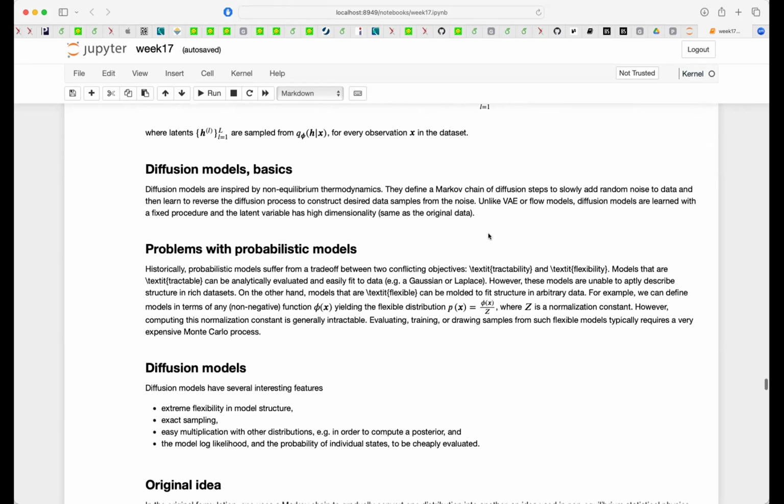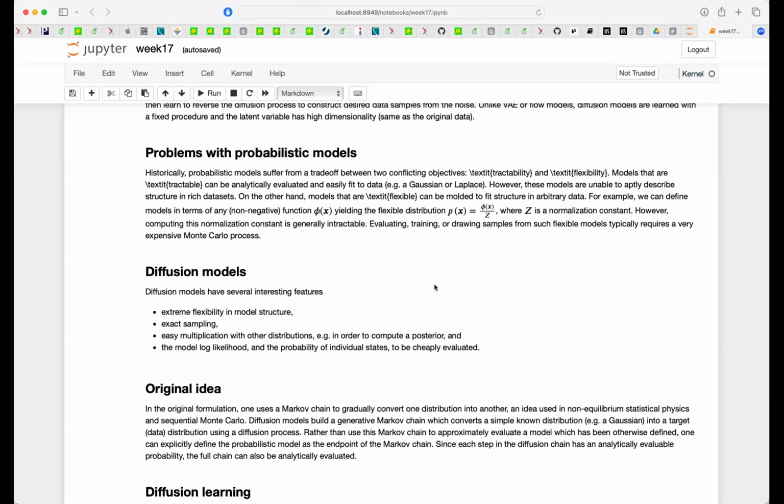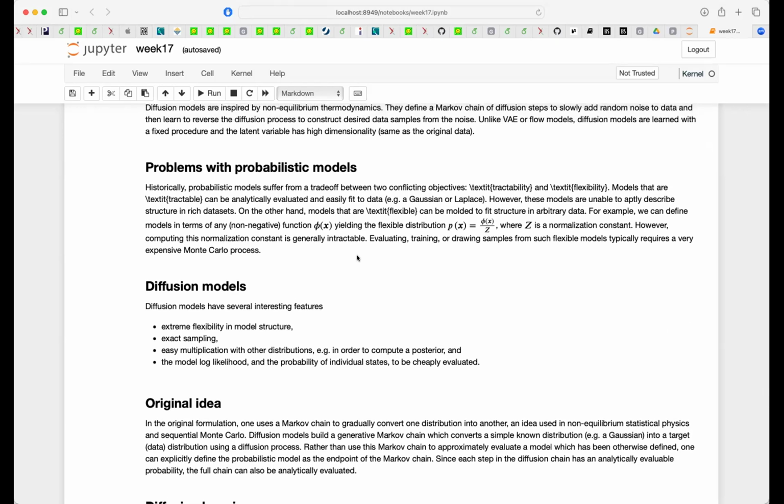And then we have the diffusion models. In the diffusion models, as I said, one of the things you want to attack is the flexibility. You want to have a flexible distribution, but you also want it to be tractable. So these two keywords, tractability and flexibility, pervade everything we do with machine learning. It's you at the end who has to strike the balance between these two major issues, and see which is the method which applies best to your data.